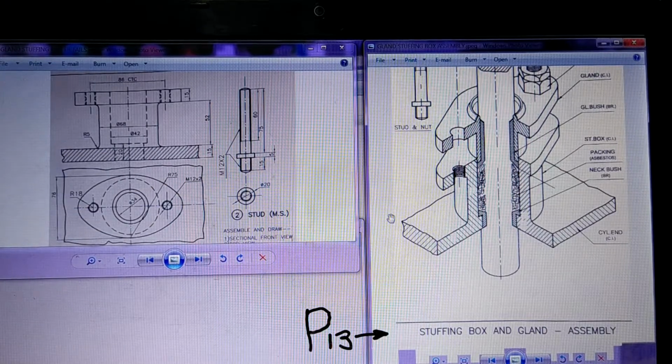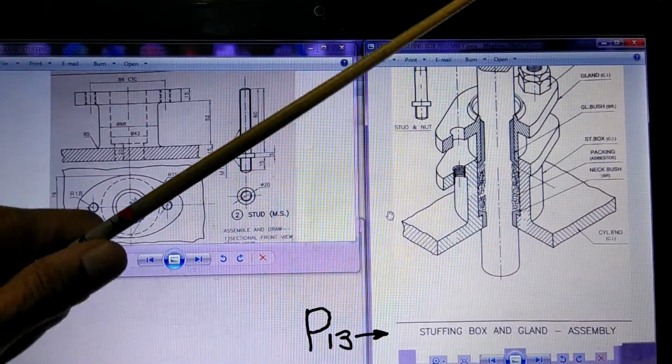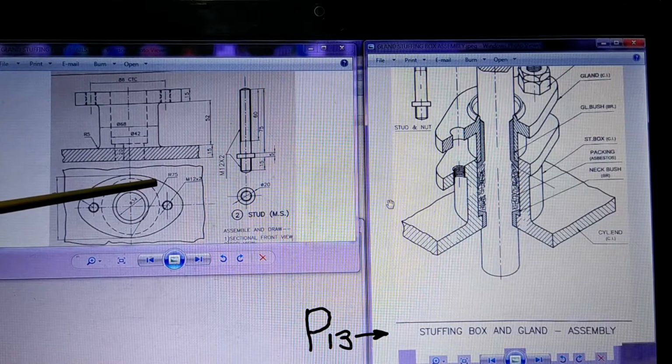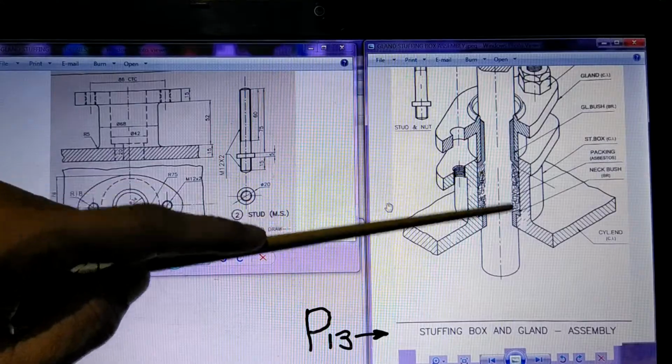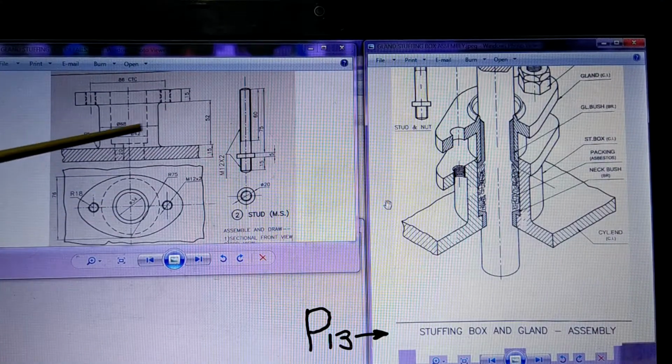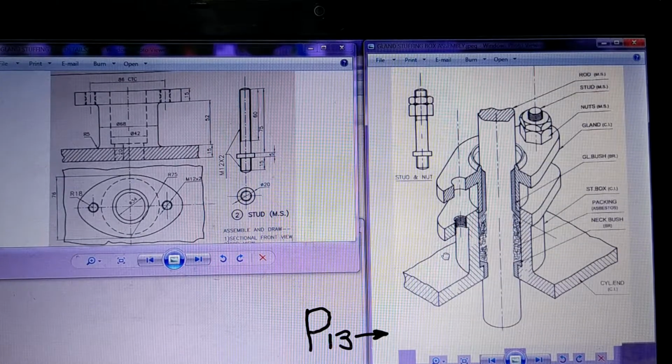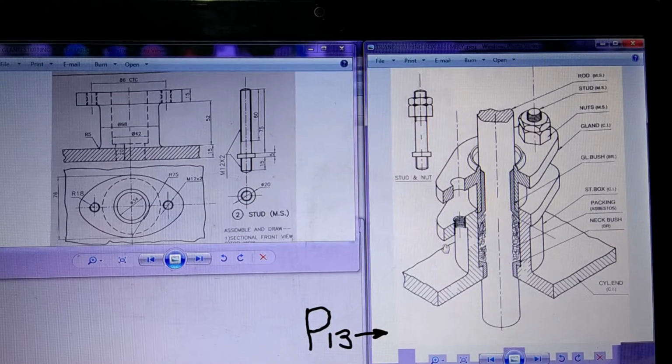See, when you solve the problem in reality during the exam, this is not going to be there in front of you. Right now we are studying, so that is why we have the assembly drawing here and the detailed drawing also. This drawing you have to draw yourself without any reference, just by looking at these detailed drawings. Keep that in mind. Now the first thing is, what is the function of this particular assembly? Unless you know the function, it is not possible for you to think about how these parts can be assembled. So to understand the function, let us understand what a gland and stuffing box is doing.